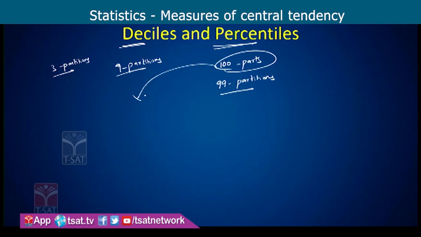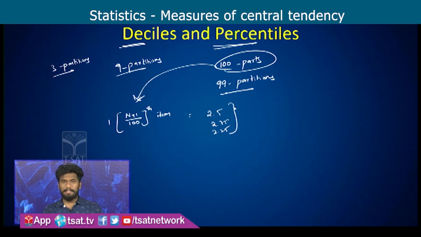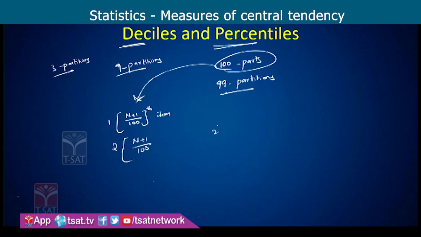Now after dividing into 100 parts we get 99 partitions. The first percentile is given by 1 into (n+1)/100th item. Same as before, if we get fractional values like 2.5, 2.75 or 2.25, we have discussed how to calculate the value when we discussed median and quartiles. Okay. Now the second percentile value is given by 2 into (n+1)/100th item,